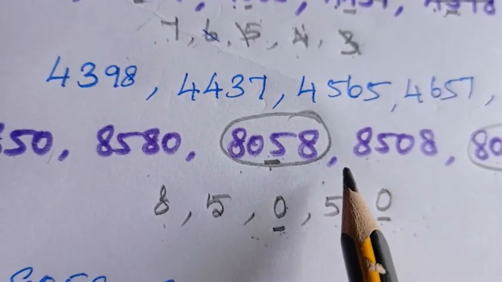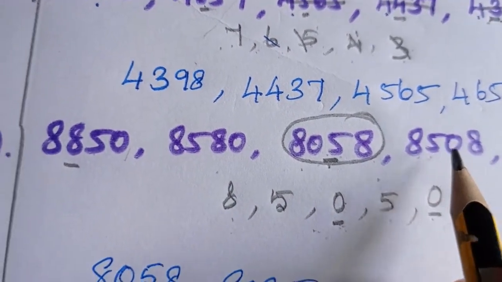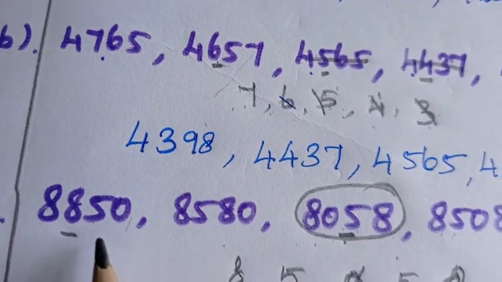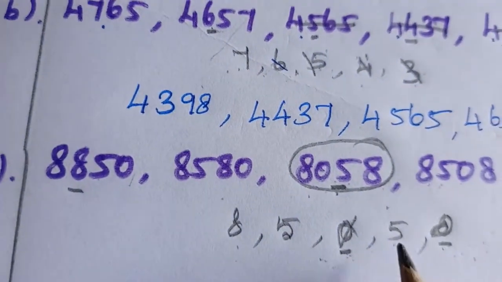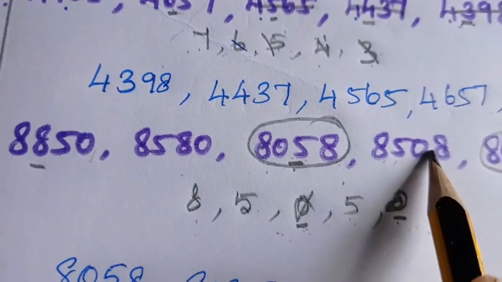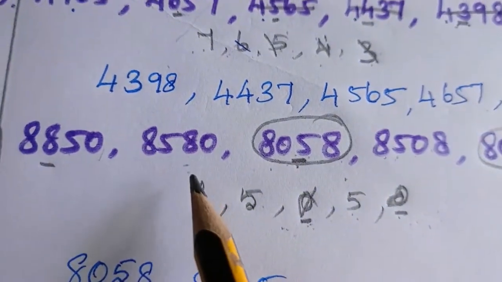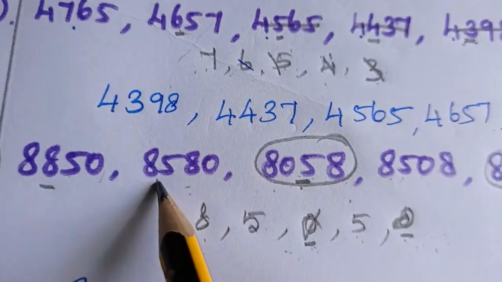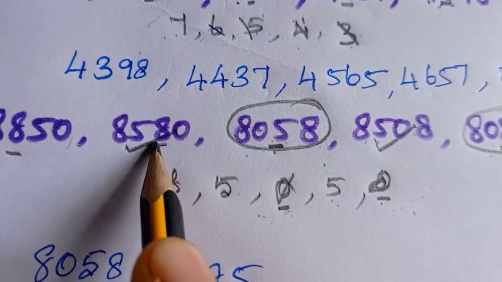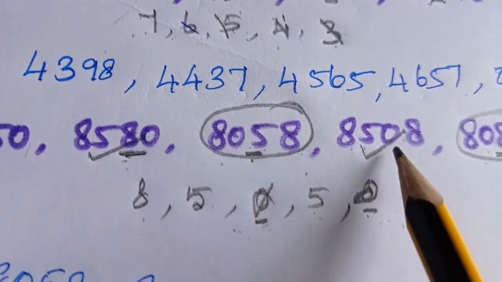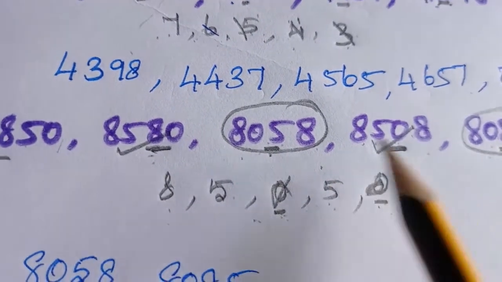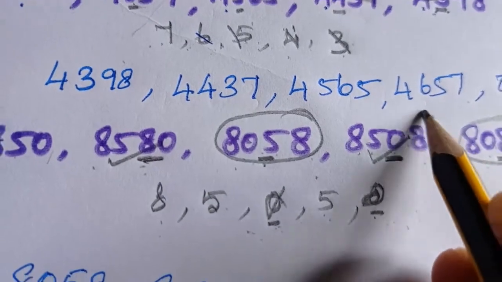So you have to find the next smaller number from these three numbers. Okay, so the next smaller number is 5. But here also the 100 place values for these two numbers are the same, that is 5 and 5. So what do you want to do next? From this number and this number, yeah, you have to check the tens place value. The tens place value for this number is 8 and for this number is 0. So which is the smaller number, 0 or 8? 0 is smaller. So you can write this one.